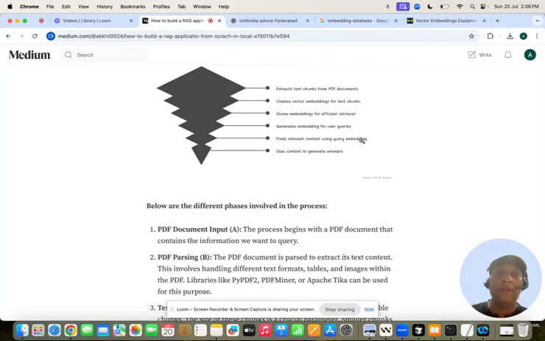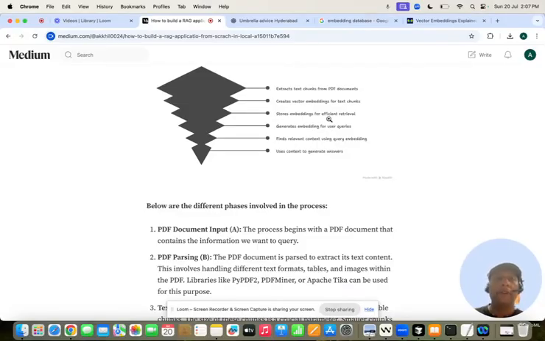Then the LLM will do the query embedding. Based on the query embedding, it will figure out the relevant context. Or you can say, I put a question in ChatGPT, it understands the context: okay, this is what is being asked for. Then, based on the intelligence of the LLM model, it will query our RAG, or the embedding database, based on the context. So the context will generate an embedding query, and that embedding will go and look for the stored embeddings